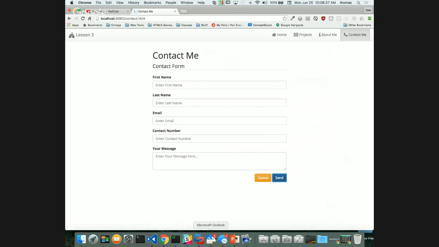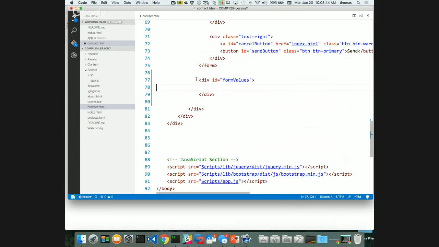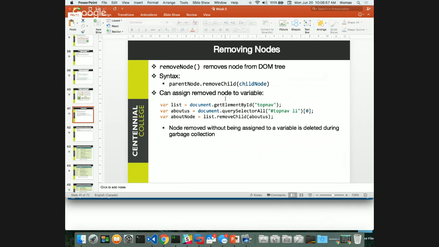So there is no insert after, right? So if I go back to my code, and I want to put something in here, I can insert before, but there is nothing to insert before. I want to insert it right at this position, right? So I'm using my form values to do that. What other ways could I insert data? I could append child